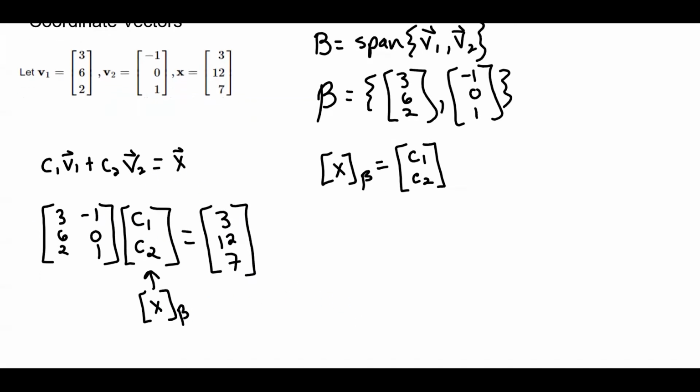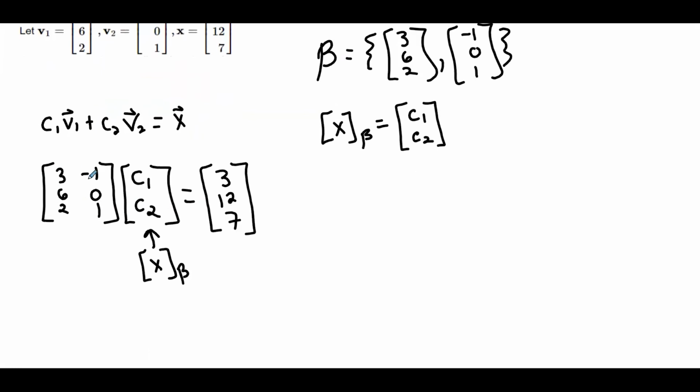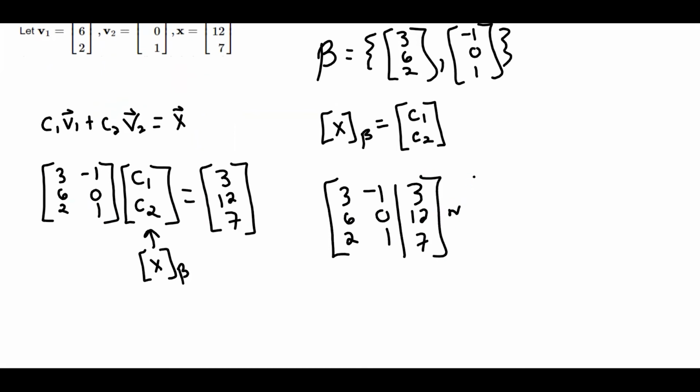So it's just a system of equations. We just need to augment this matrix with x and solve it. So when you row reduce this, you get 1, 0, 0, 0, 1, 0, and 2, 3,